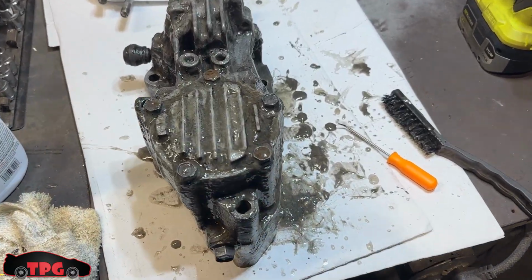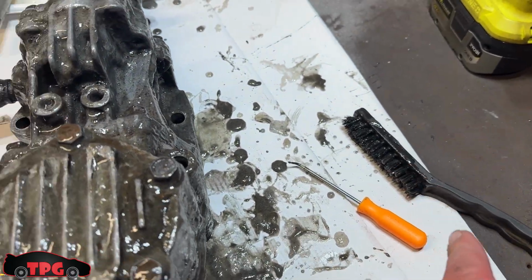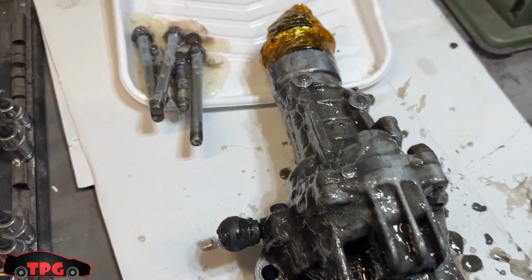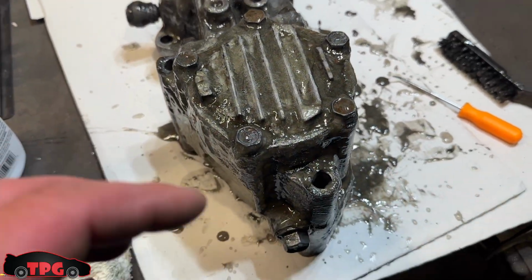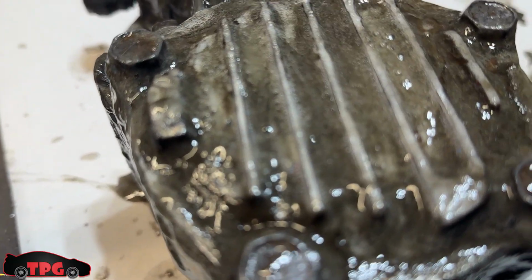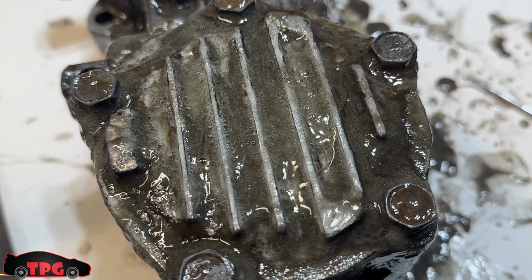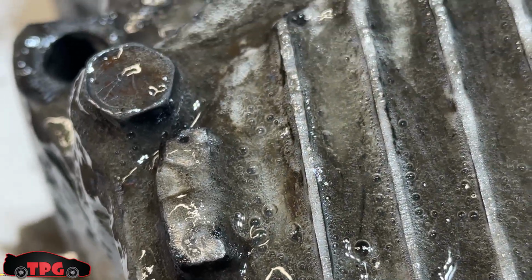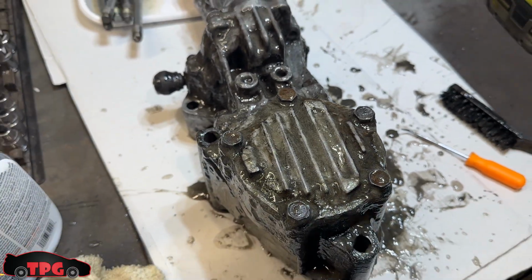Alright guys, here we are on some cardboard, and we got a pick, a plastic bristle brush. I know a lot of aluminum's here, but the bolts are still steel. I've got some bolts sitting in here. This stuff right here will sit and fizzle and bubble and work as you work through it. You can see, if I zoom in on that, all these little bubbles are little oxides being broken down by the acid on the inside of this